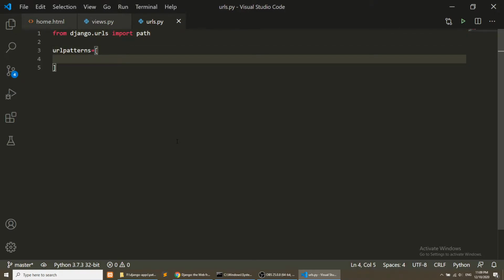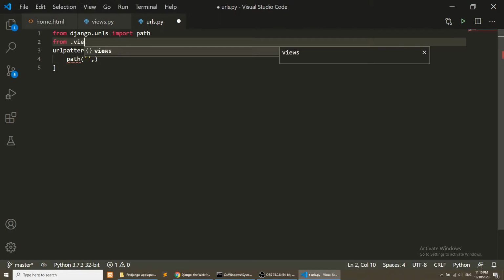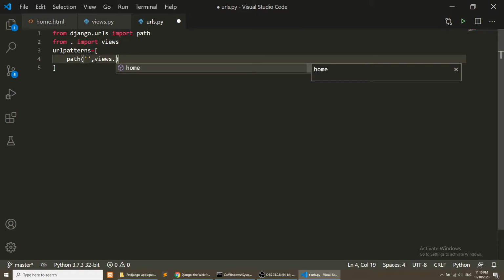In this we will create a path and keep it empty, because this is our root URL. The second thing, from dot we will import views. Okay, and from views we will use the home function, and the name is home.